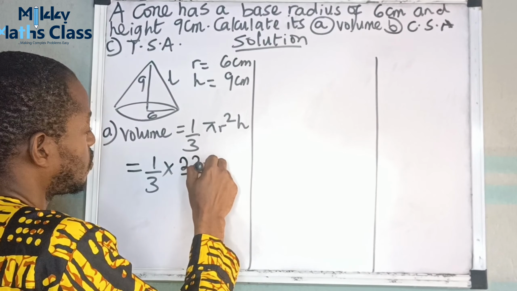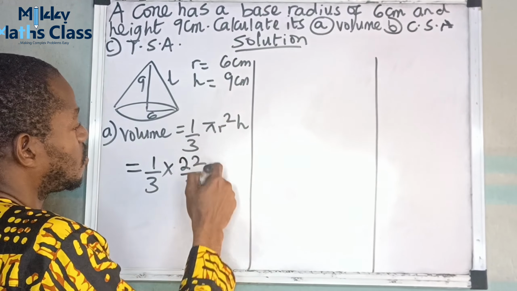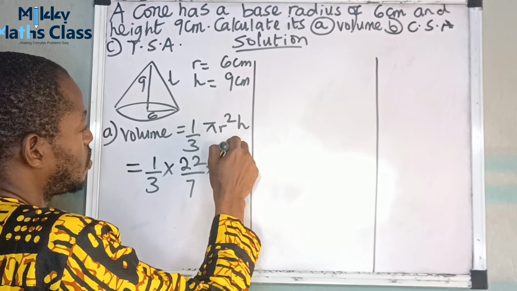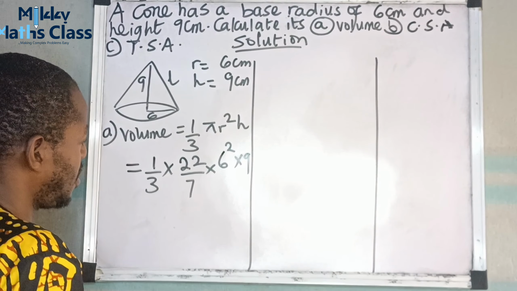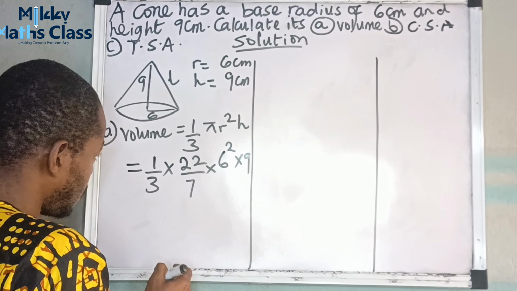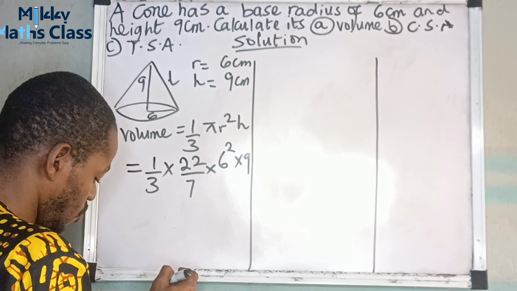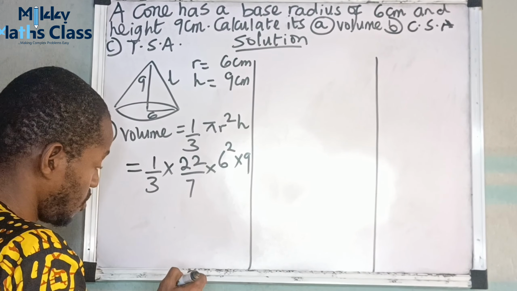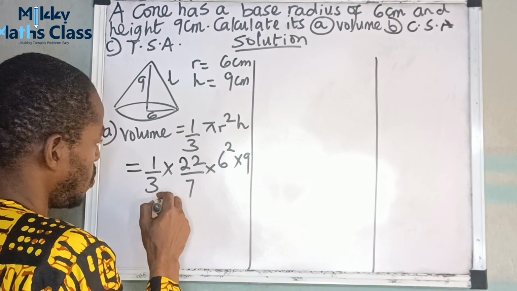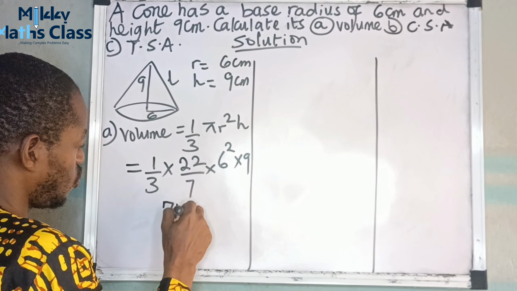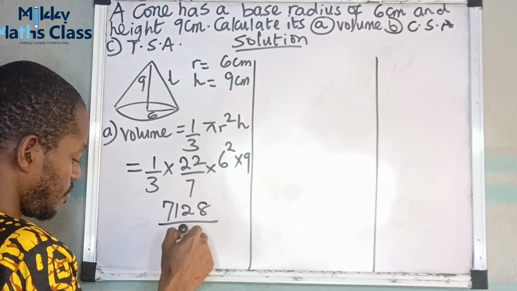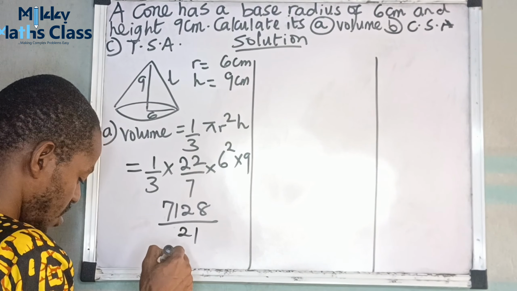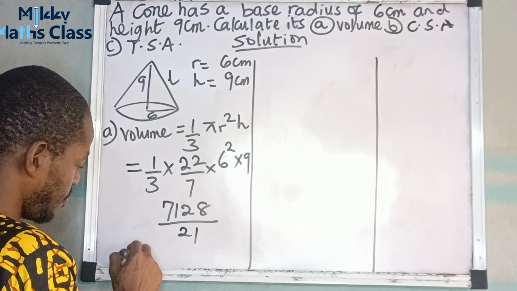22/7 times the radius 6 squared, times our height, which is 9. Okay, so from here, 6 squared is 36. So 22 times 36 times 9 will give us 7128 over 7 times 3, which is 21. So when we divide that by 21, we'll get